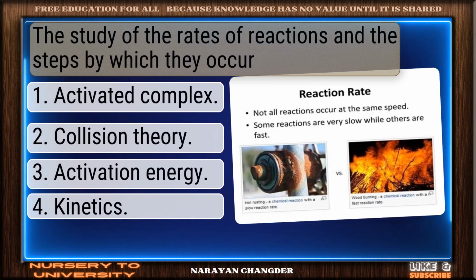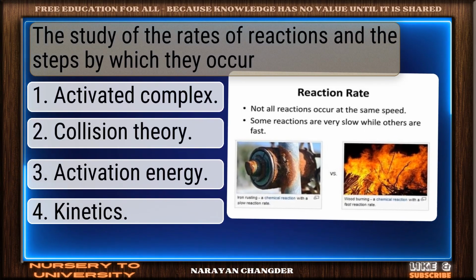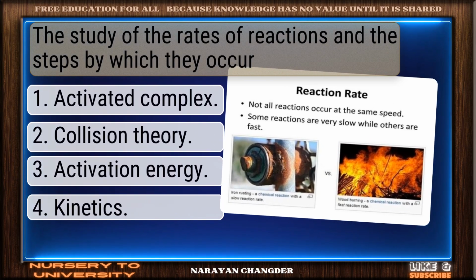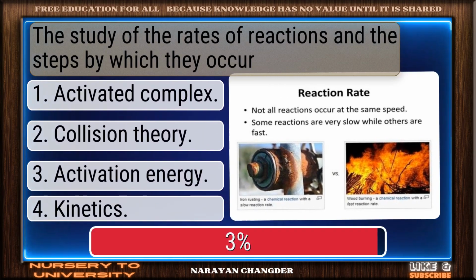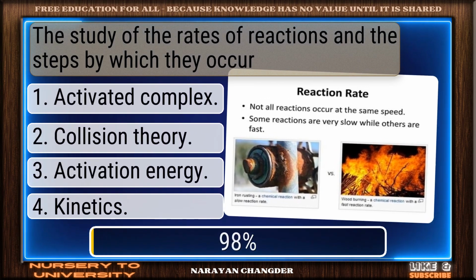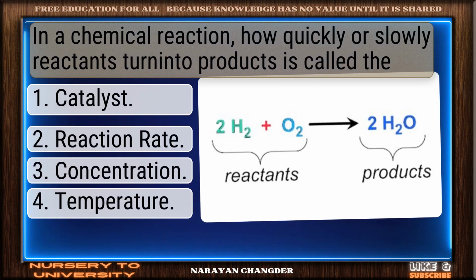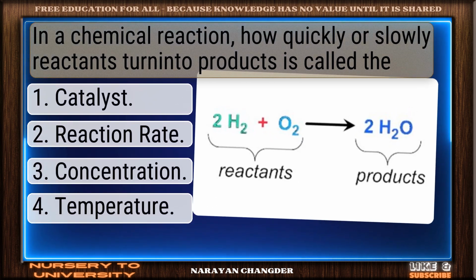The study of the rates of reactions and the steps by which they occur. Option 1, activated complex. Option 2, collision theory. Option 3, activation energy. Option 4, kinetics. You're on fire, kinetics. In a chemical reaction, how quickly or slowly reactants turn into products is called the